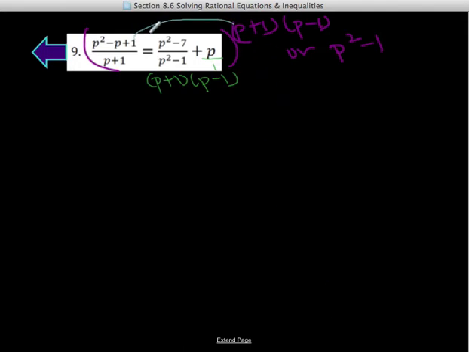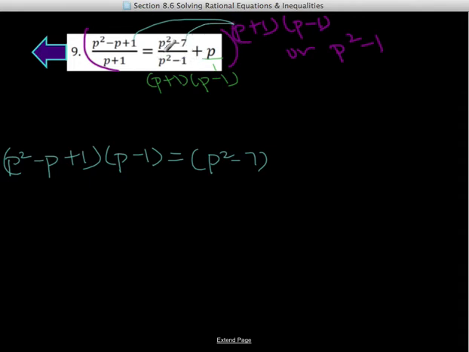So I take this and I'm going to multiply. I'm going to keep my numerator, so I have P squared minus P plus 1. Now if I multiply this, my P plus 1s will cancel, so I'm only left with P minus 1 is equal to, now I have P squared minus 7. If I distribute this, well, this has P squared minus 1, which is the same as P squared minus 1, so those will cancel. Now plus, so this and this cancel, so I only have P squared minus 7, plus